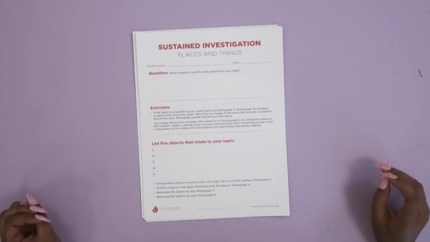For example, this year I have a student who's thinking a lot about recipes that are passed down through generations in her family. So the 5 objects that she chose were a lot of things that were around her kitchen space that she could use. And I asked them to arrange those objects around a room and photograph them again in a few different ways. So if they're organized by size or organized by color, or just interacting with the space in a really natural way. And that way you can think a lot about how composition affects the story or meaning that's coming across